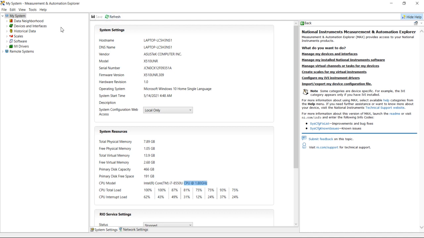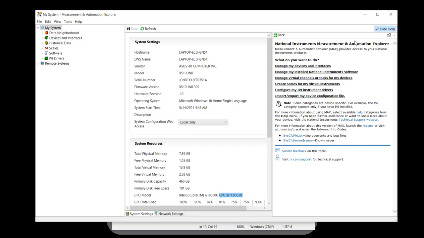Now in this National Instruments Measurement and Automation Explorer, on the left hand side under My System, you can see six options: Data Neighborhood, Devices and Interfaces, Historical Data, Scales, Software, IVI Drivers.